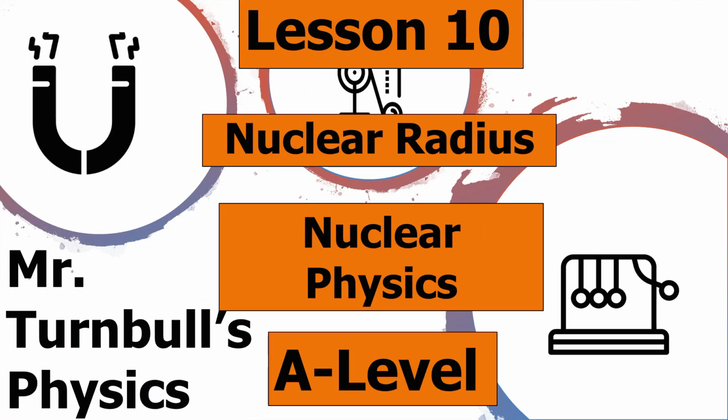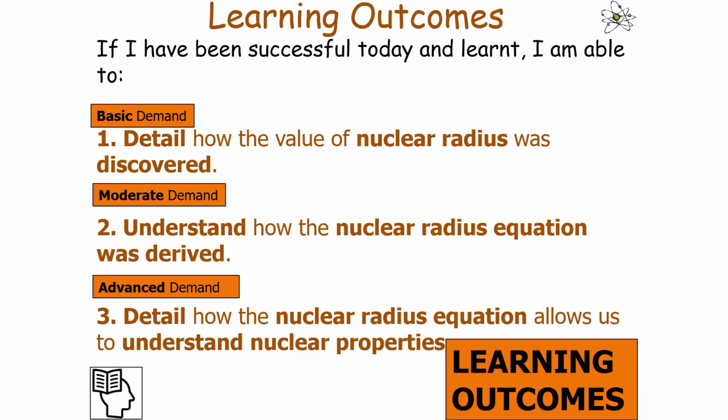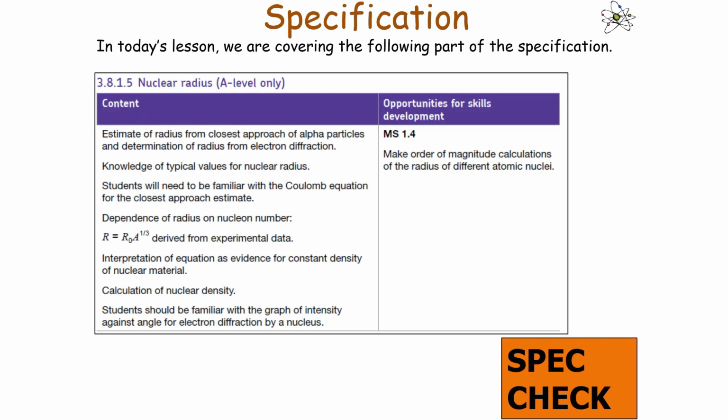Hello and welcome to this lesson on the nuclear radius, which is part of the nuclear physics topic in AQA A-level physics. So in today's lesson we're going to look at how you can calculate the nuclear radius from experimental values. So if we've been successful and learned today, we should be able to detail how the value of the nuclear radius was discovered, understand how the nuclear radius equation was derived, and then detail how the nuclear radius equation allows us to understand nuclear properties,